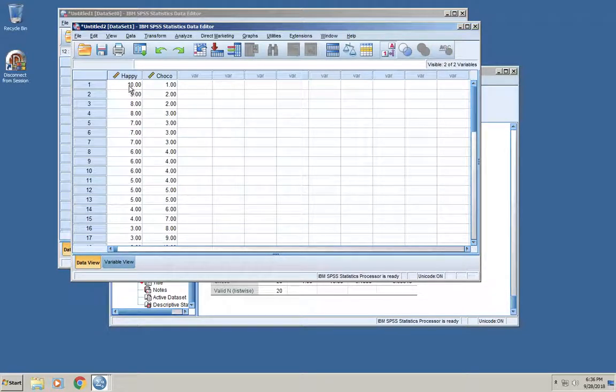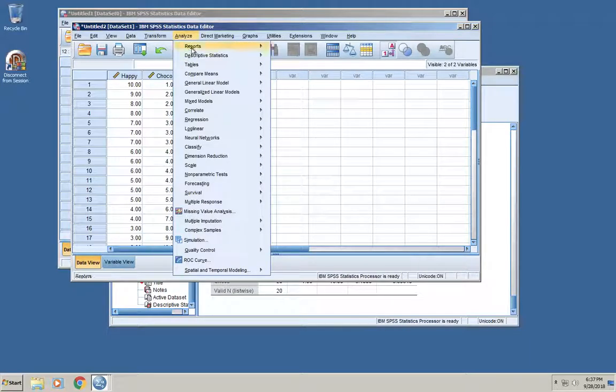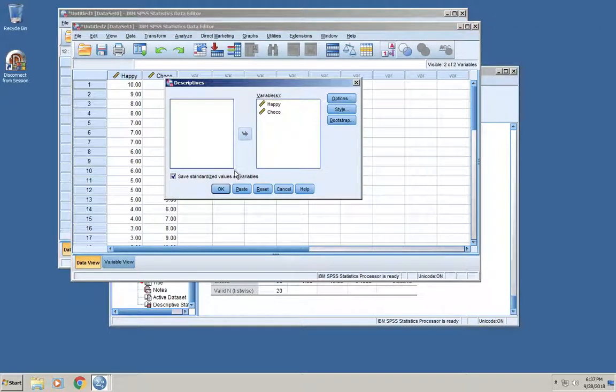So now we're back here. We've got our data entered, and so now we're ready to go. We've done, off camera, let's say, steps 1 and 2. Now we're going to run descriptives. In step 3, we're going to run our descriptives on happy and Chaco. So we go to Analyze, Descriptives, Descriptives here. And what I want to call your attention to, yours is probably going to start with these guys